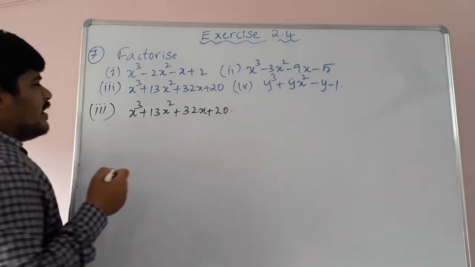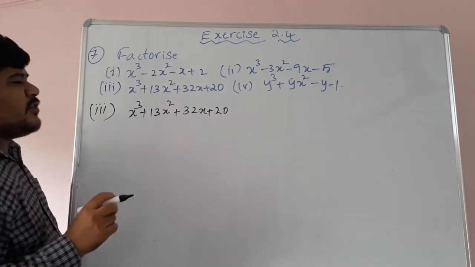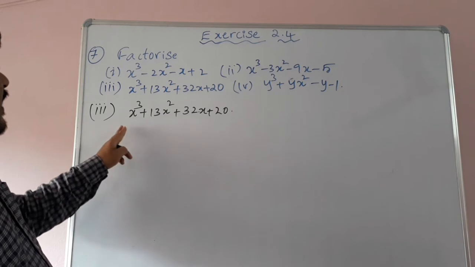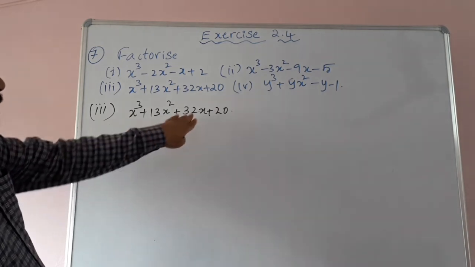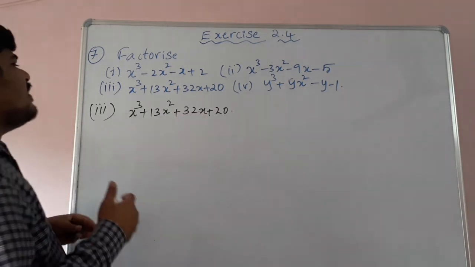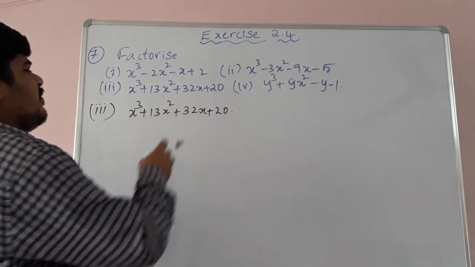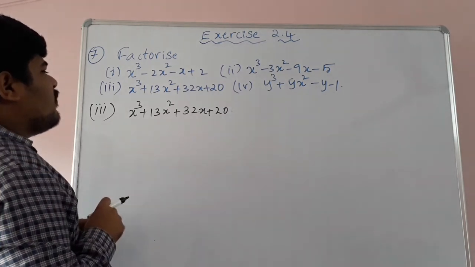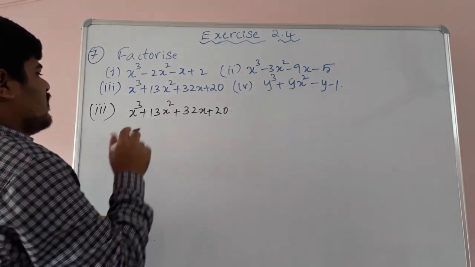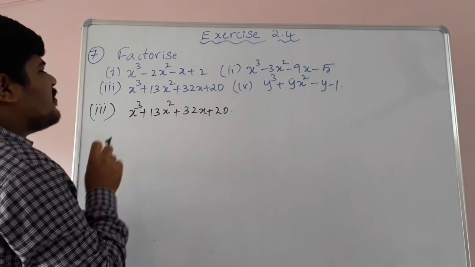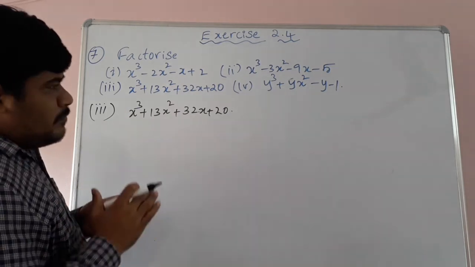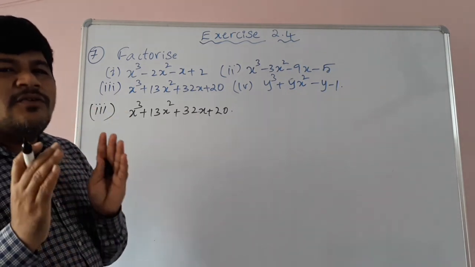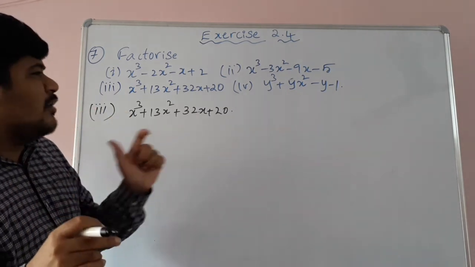So children, now this given polynomial is factorized, and this method is called the factorization method. Let's see x cube plus 13x square plus 32x plus 20. Here you can take x square common, and x square of x plus 13 you will get, but here you won't get the same expression again, children. Here 4 is the common factor, so 4 of x plus 8 and 5 you will get inside. While doing factorization, the expressions inside the brackets must be the same. Then only we can apply that method.